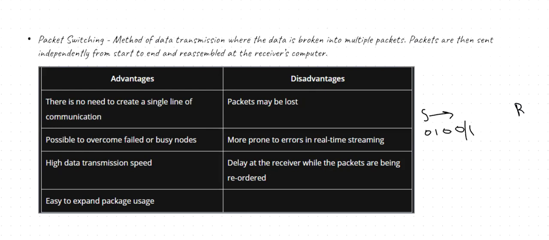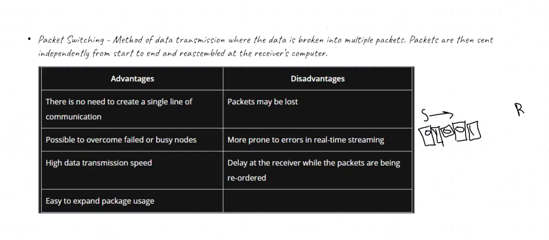So we're breaking this data down, and it is all divided like 0, 1, 0, 0, 1. It's all separated. These are known as packets, like 0, 1. Oh, sorry, forgive my drawing. 0 and so on. I forgot to make a packet here. These are packets in which there's data, and it's going to be sent to the receiver end. So we had data first, then it was broken down into smaller parts,